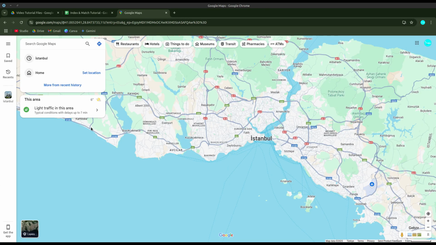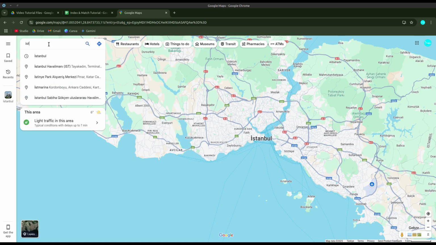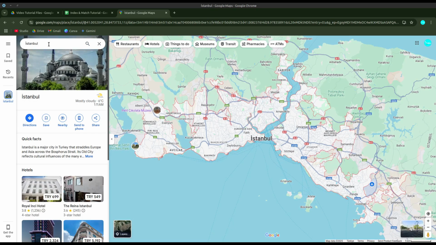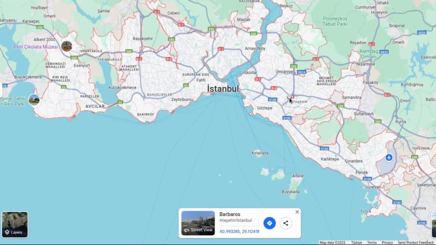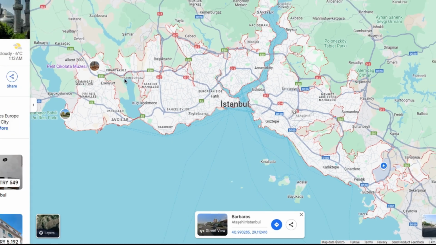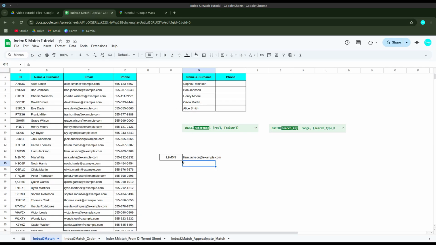For example, if we go to Google Maps and type Istanbul, it fetches the data. For instance, when I click on some place on it, it gives the coordinates for this town in Istanbul, so that when we enter these coordinates into our navigation, it can take us to that address. So likewise, when we give the row number and column index to the index function, it can fetch the demanded data. To find the row number and column index,